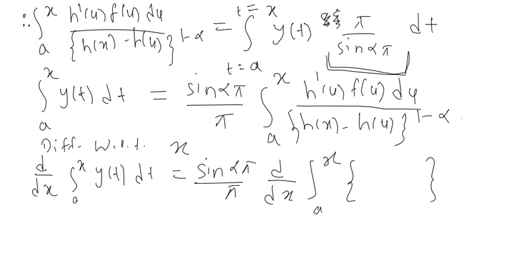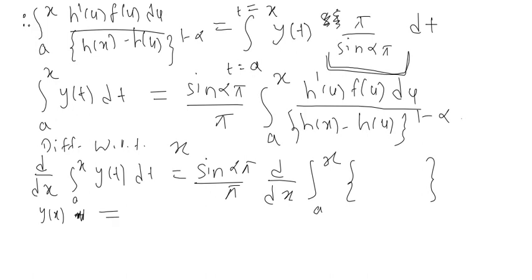So in the LHS what will happen? Once this d by dx comes inside as a partial derivative, that thing will become 0. Then the second term will be y of x into derivative of x with respect to x, that is 1, minus y at a into differentiating a with respect to x. A is a constant, so differentiating a with respect to x will become 0. So the third term will vanish. Okay, we will get only this y of x to be equal to